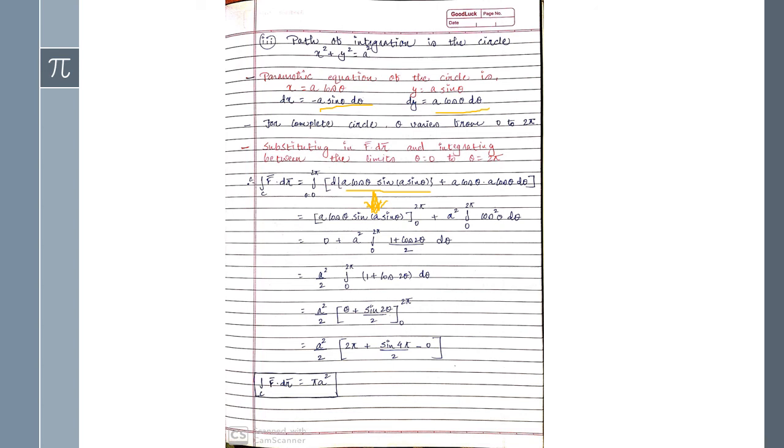So here we are directly writing this one, and for the limit 0 to 2 pi, and here of course you have to do the whole procedure, right? And here you are getting cos square, so first we have to convert it into the normal form, that is 1 plus cos 2 theta upon 2. So now applying this one you will get the final answer.